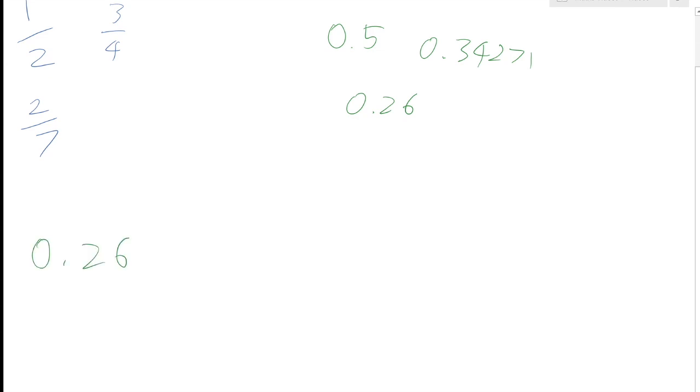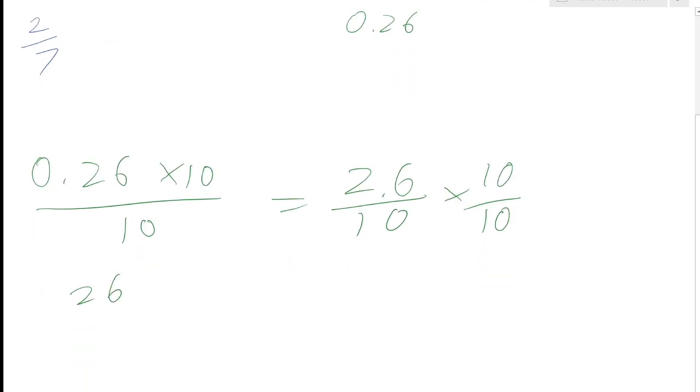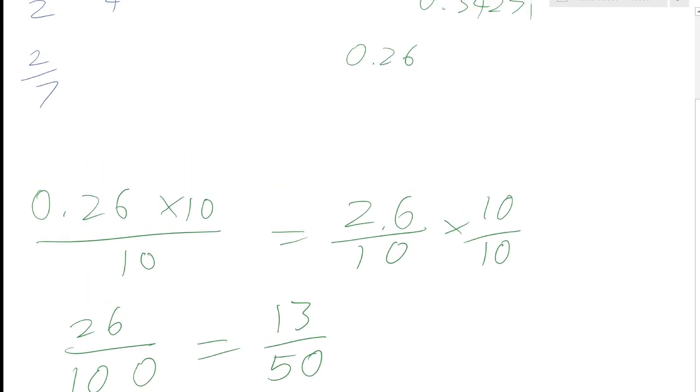0.26. Now, if I do times 10 over 10, we get that's 2.6 over 10. Not very helpful, but I can do my trick again. Another times 10 over 10, which equals 26 over 100. And then you can cancel out the factor of 2 to get that is equal to 13 over 50. Finally,